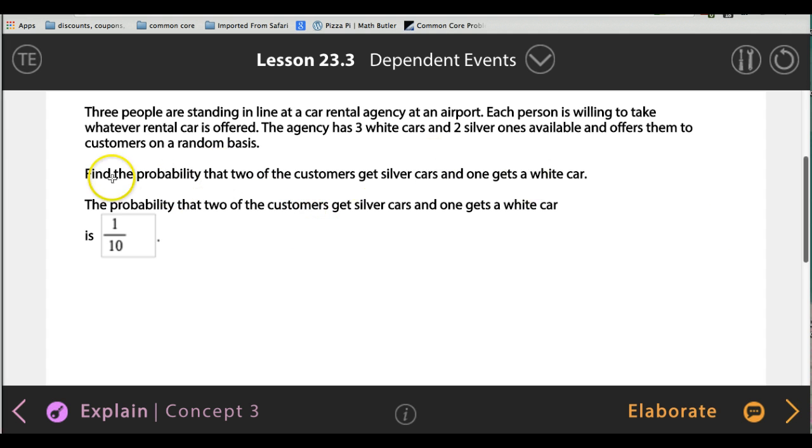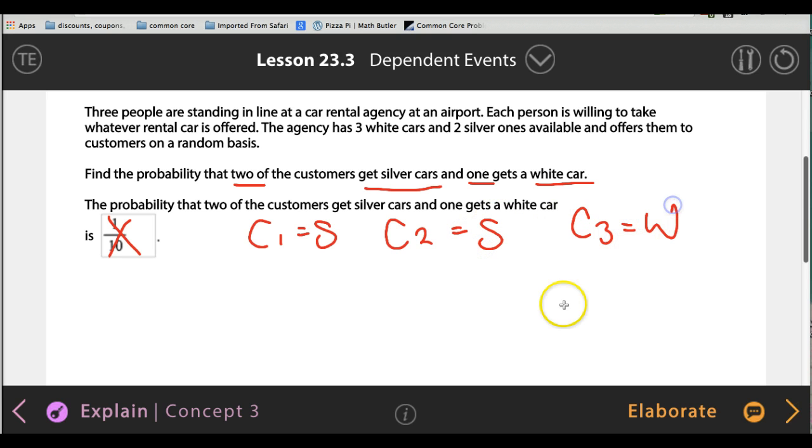It says over here that you have to find the probability that 2 of the customers get silver cars and 1 gets a white car. So you gotta think of different things, okay? We have to think about customer number 1, 2 get silver. So customer number 1 gets a silver car, customer number 2 gets a silver car, and then customer number 3 gets a white car. Or it could be